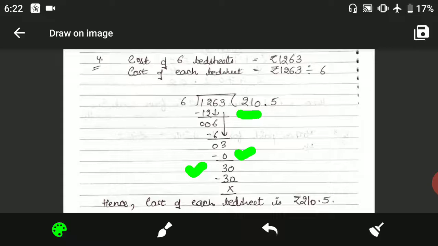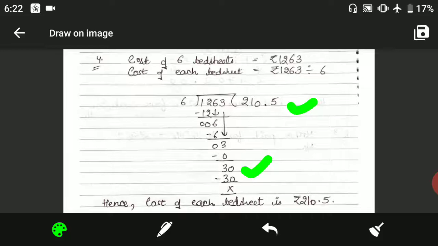Now the numbers finish here in the dividend. What do you do? You put a dot here, 1 dot over here and 1 dot over here. Clear? And take 1 zero, and this 0 you carry forward. It becomes 30 now. In the 6 table, 30 comes at 5. So you write 5 over here and 30 down of 30. Then you subtract it. You get 0. Now you stop. Now you write a hence line. Hence line is the last line.